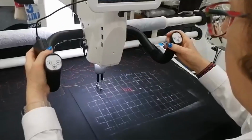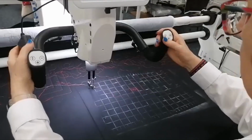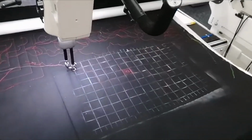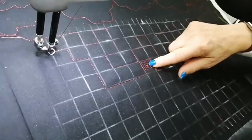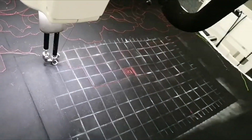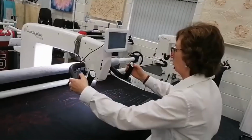I'm just using this grid as a little bit of a reference so you can actually see how straight it is. There we go. And I just went in there. You can see how close you can get it. The top tension's a little tight. So it's really fun. And now, for talking about masculine quilts,